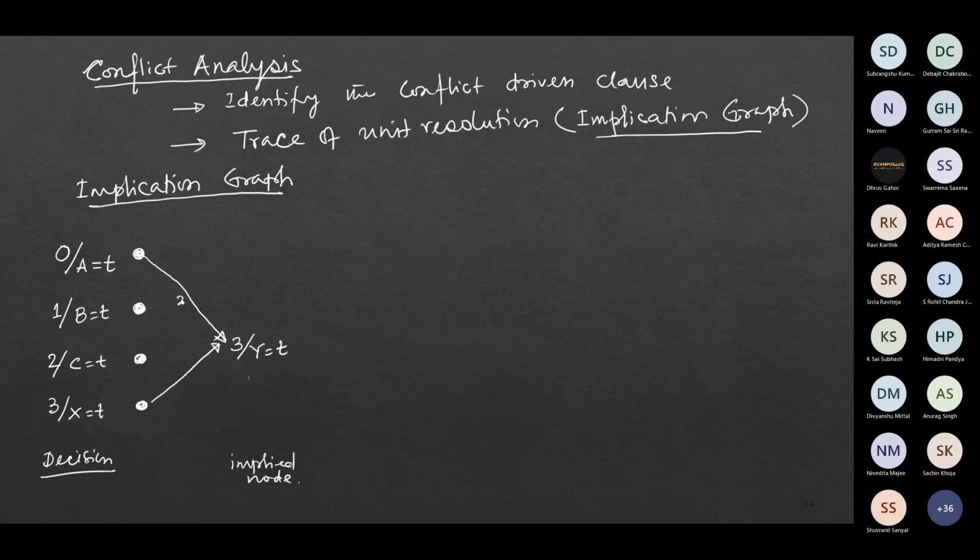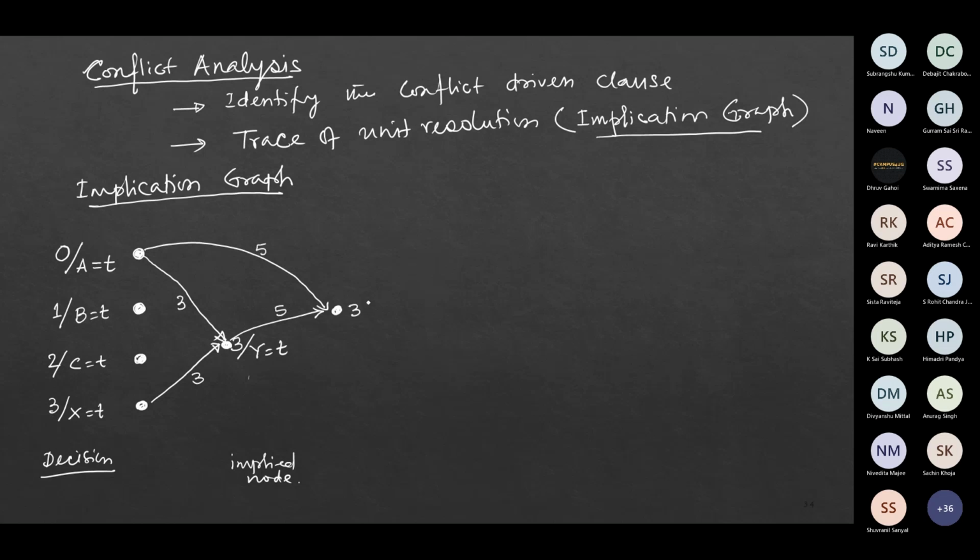And the edges will be labeled with the clause by which we have derived this implication, right? And this is more or less the strategy that we'll be following in the implication graph. So you have a node here, right? Now, given this, we can also combine this with this decision, right? So if we do that from clause 5, which you can check later,